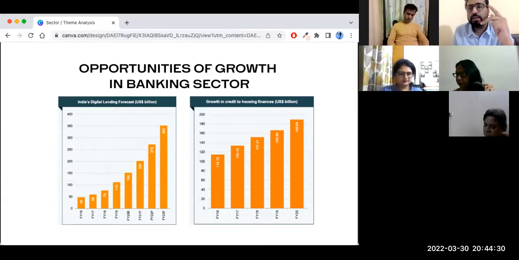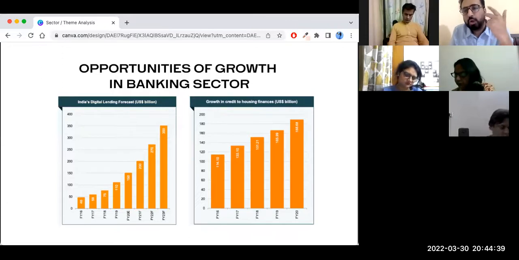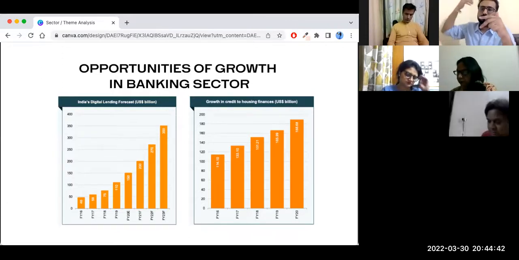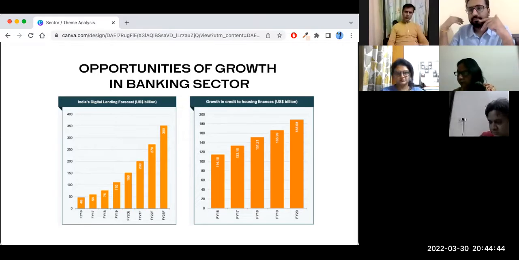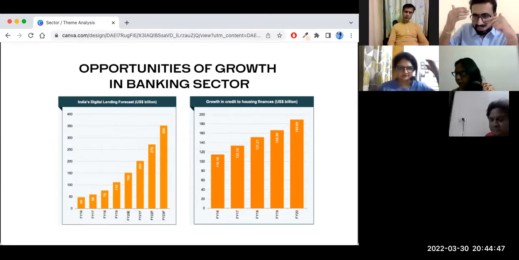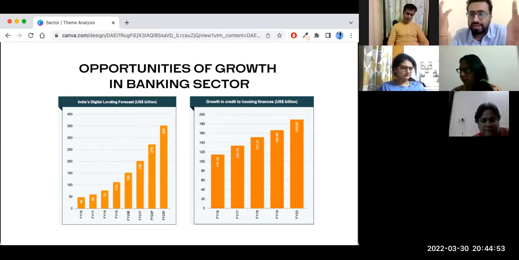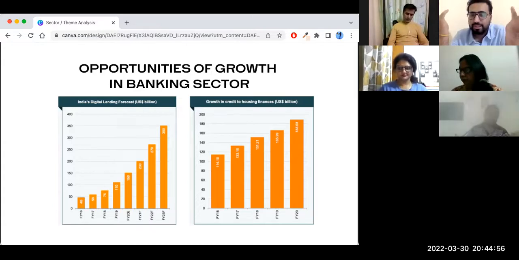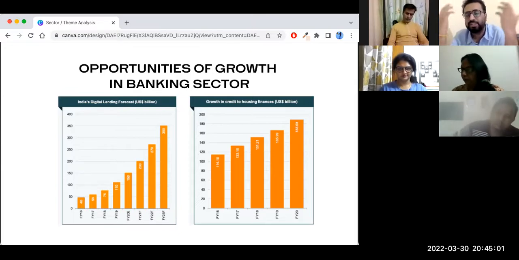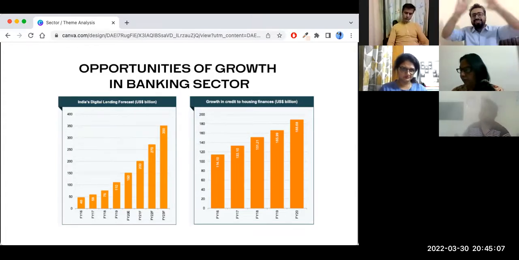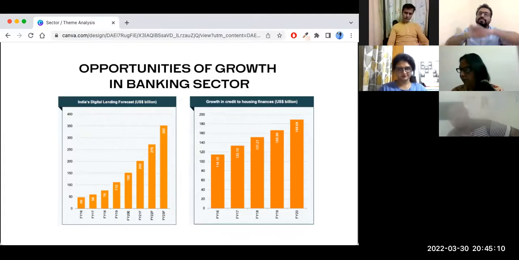Number one, because all these lending applications are coming, they also have to be supported by an NBFC or a bank at the back end. These lending applications don't have their own money. They get money to give as loans from either NBFCs or banks at the back end, or they get their own NBFC license, which is very rare. Most of the time, they create a distribution layer on top of the existing banks and existing NBFCs.